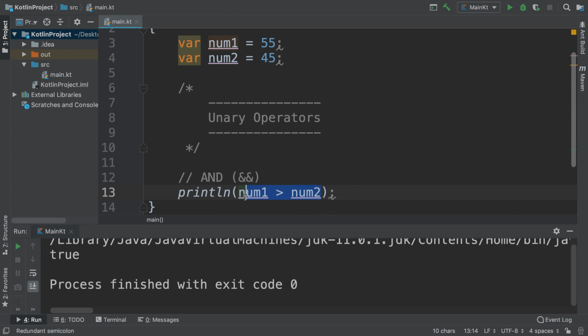But if we want to check multiple conditions, and only if all conditions are true should it produce a result of true, what we can do is put a double ampersand and then another condition. Let's say num1 is not equal to 55. So num1 has to be larger than num2, but it cannot be 55. This will produce false